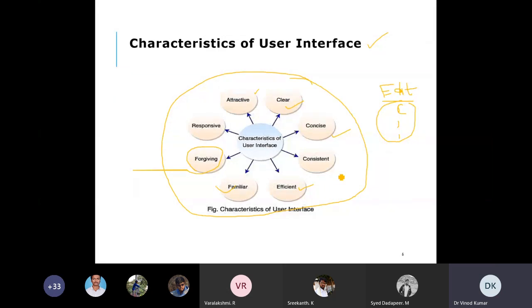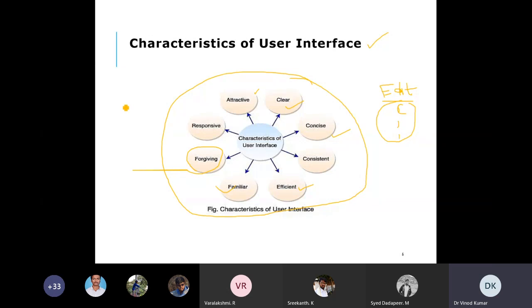Responsive means that whatever actions you did through the interface, the response should come immediately or within an expected time, whatever you assume a system is assumed to be.